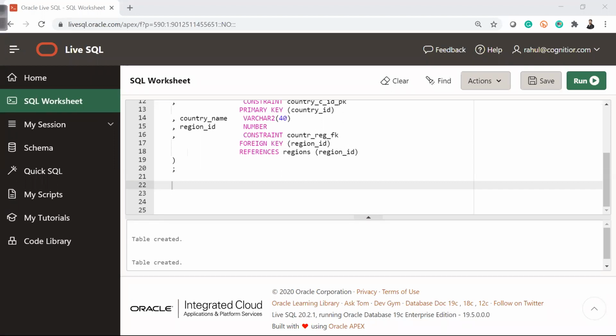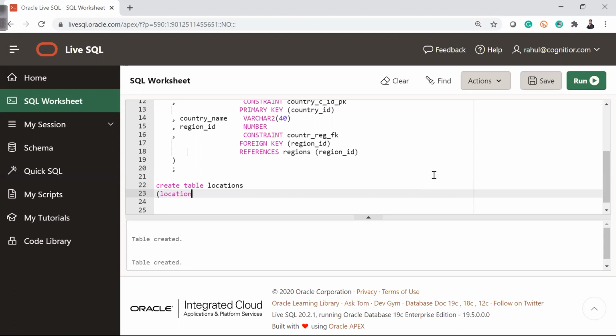As of now, we have these two tables ready, and now we have to create the rest of the tables. I'll quickly create them, we'll not spend much time here. And in the comments, when you think that you are facing some challenges understanding that, please let me know. So I'm creating a table, and I'm giving the name as locations. And here I'm having location ID, and obviously I have to give the data type. So let's give number.